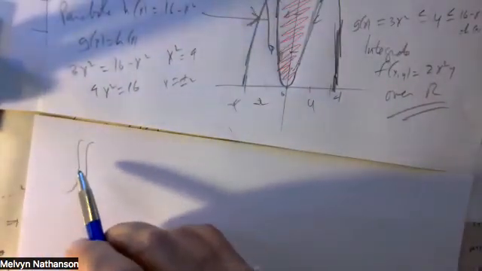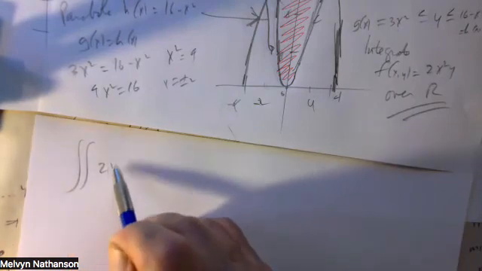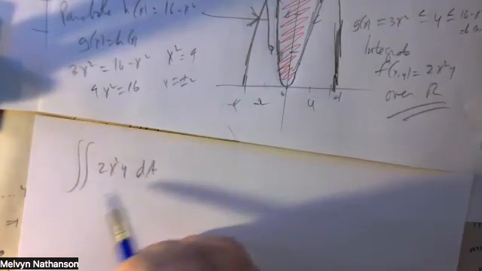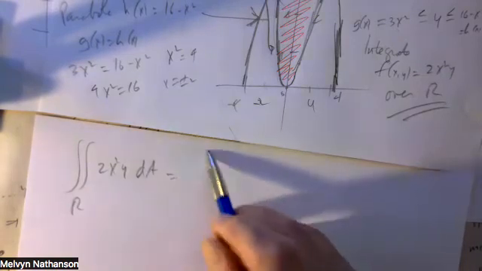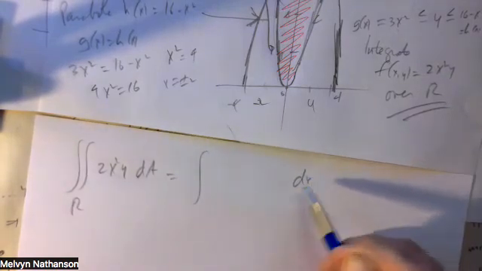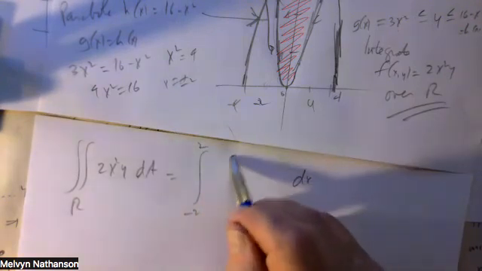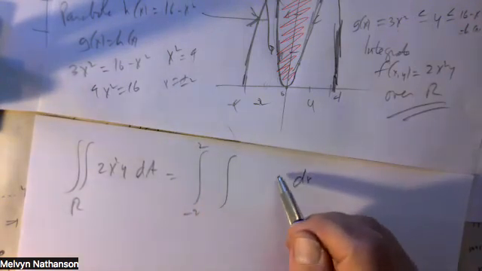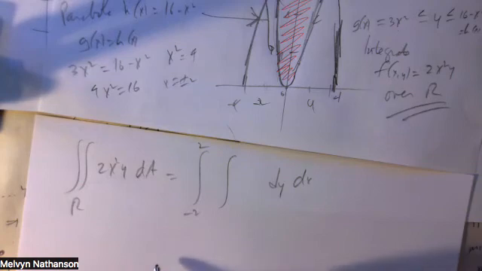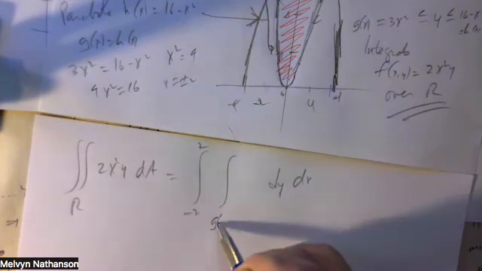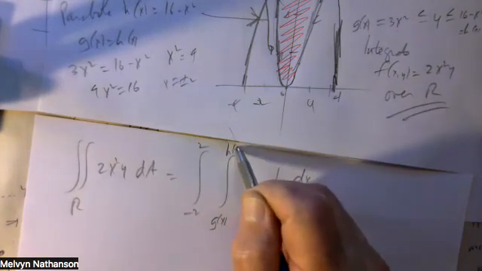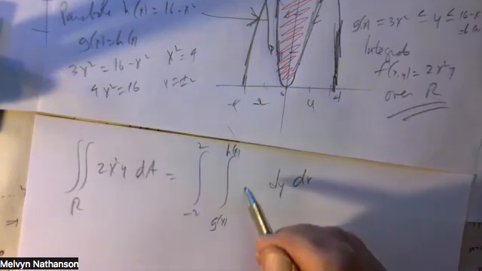So over this region, the double integral over R of 2x squared y is an integral with respect to x. X goes from -2 to +2. And then an integral with respect to y from g of x up to h of x of the function